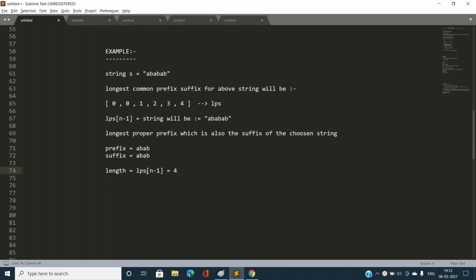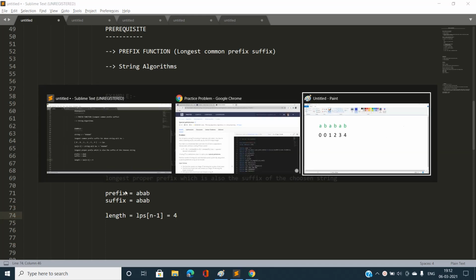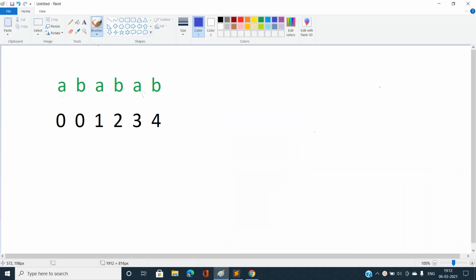So let's understand deeply how the answer is coming for a given string. Suppose we have a string ABAB. Now here in the bottom you can see I have built the LPS array. So first discuss the naive approach, how we are going to get the answer. Suppose I am at a string A, then what are the total number of substrings of this string that is matching with A? You can see there are three: A, A, and A.